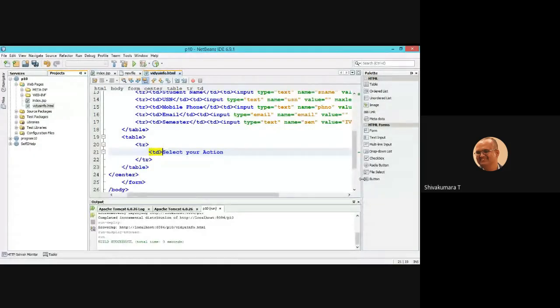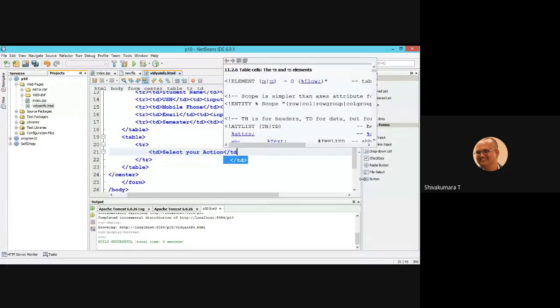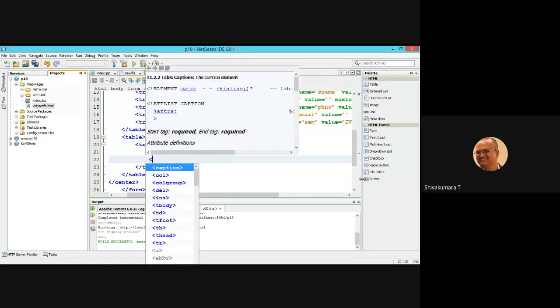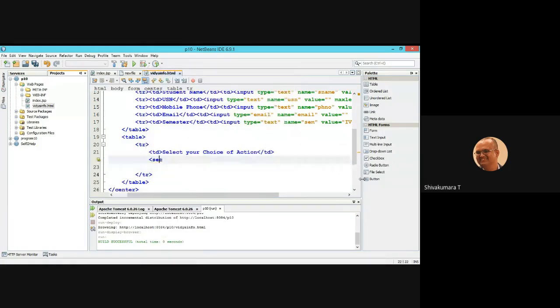For that, select your choice of action. Here I am going to create the drop down selection menu. Select, name equal to submit,